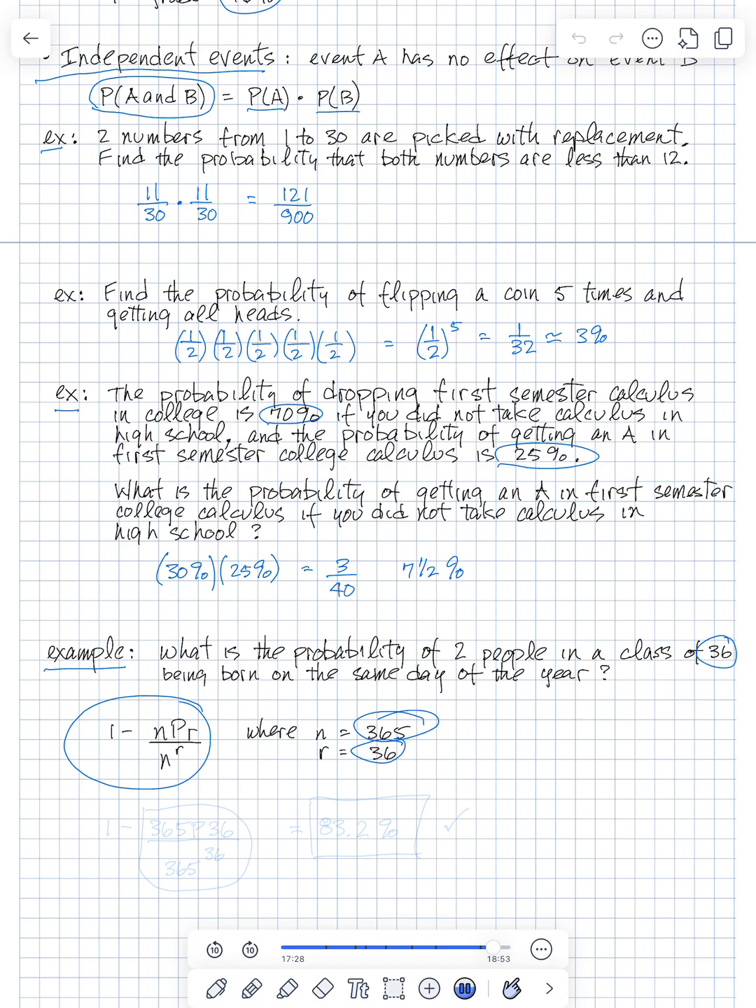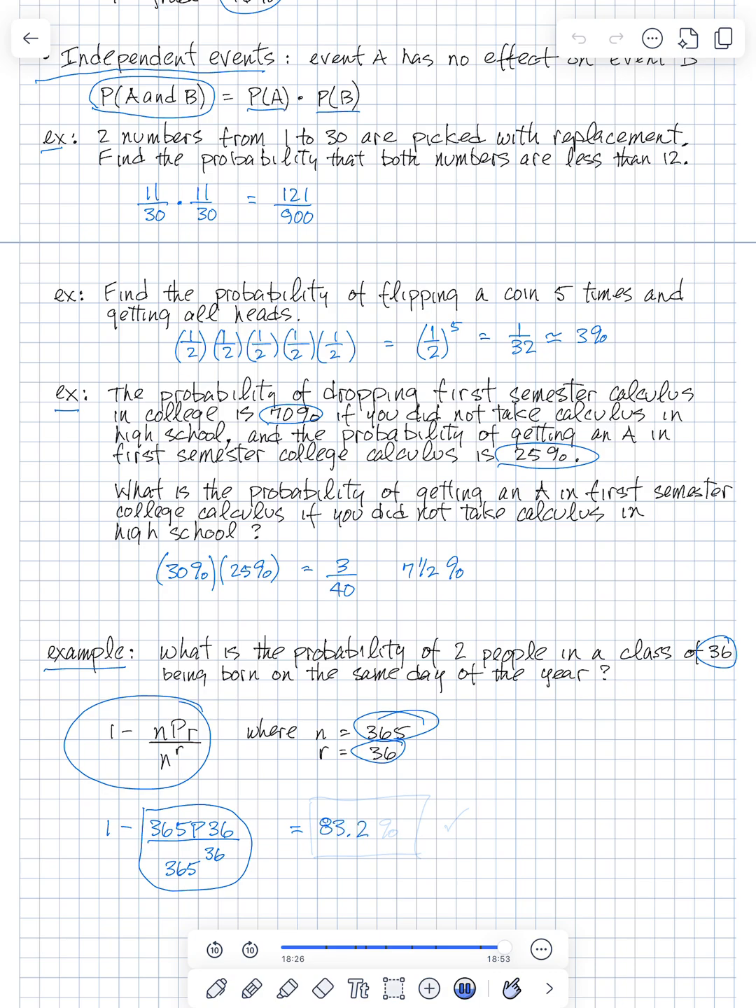And so you put it into the formula. We have 1 minus 365 P 36 divided by 365 to the 36. And the reason, so just this part here is going to give you the probability that 2 people weren't born on the same day, any 2 people. So we subtract it from 1 to give us the probability that they were. So 1 minus 365 P 36 divided by 365 to the 36 is